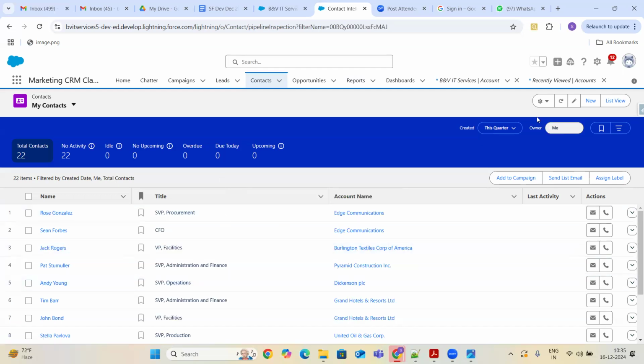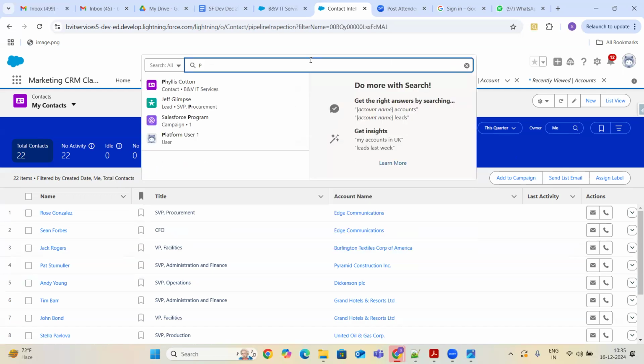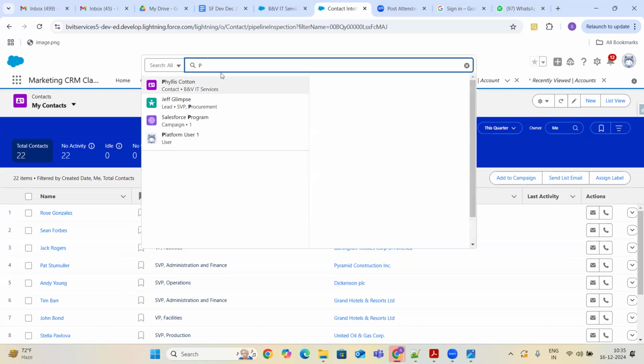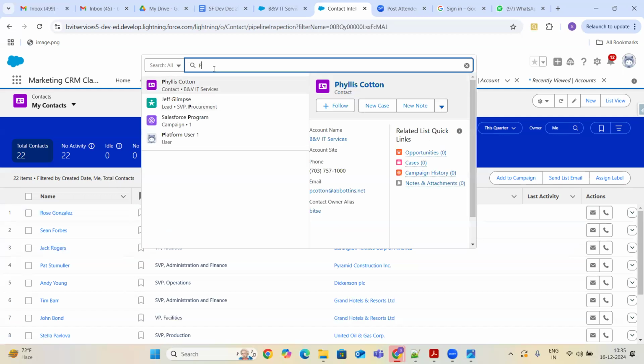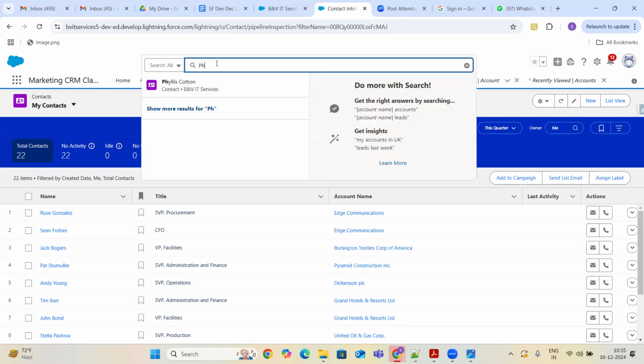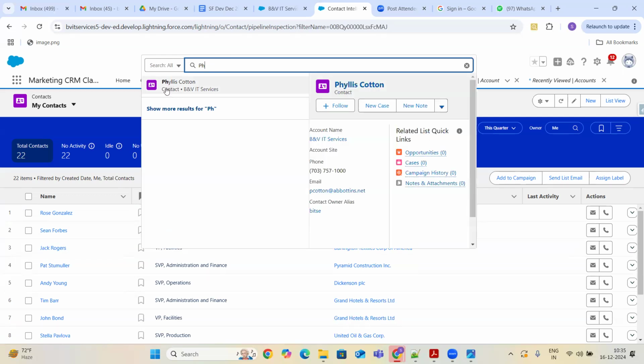So here, if you search with Peelys Cotton, this is the contact. And whatever the top which I am searching, guys, we call it a global search. So if you want to search anything with the keyword, then we use this global search. Now I would like to search a contact, Peelys.